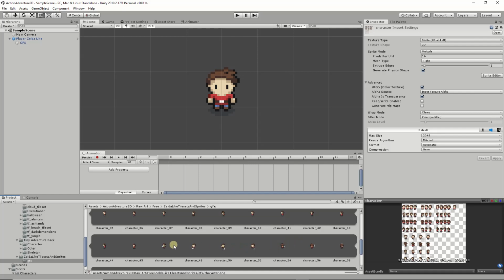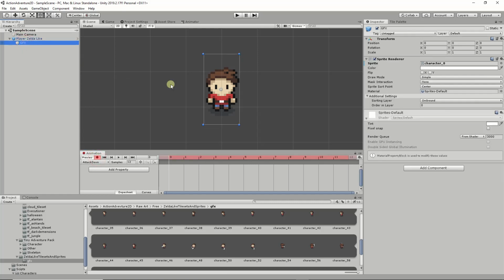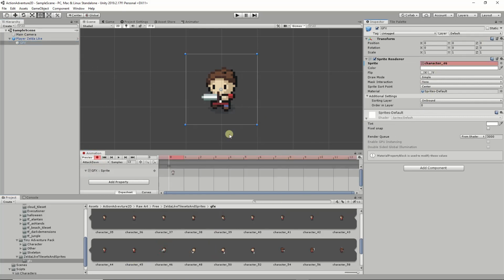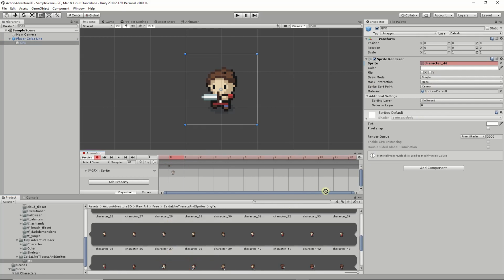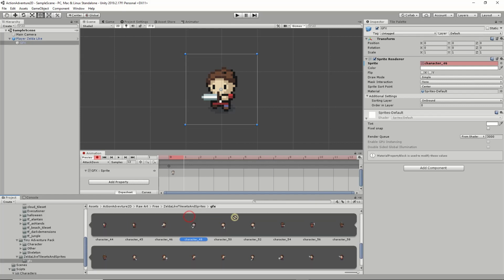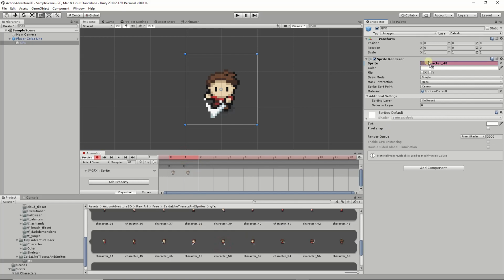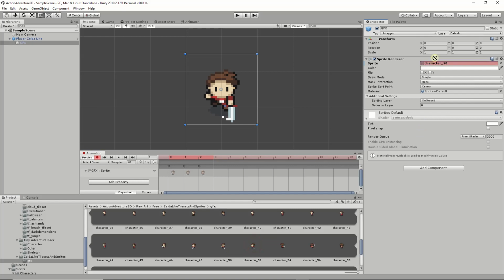And his first attack animation. Alright, so select him, record, and we're going to select the graphics because that's what we're changing is the graphics. 46, frame 1, 48, frame 2, 50, frame 3, 52. Now you notice,